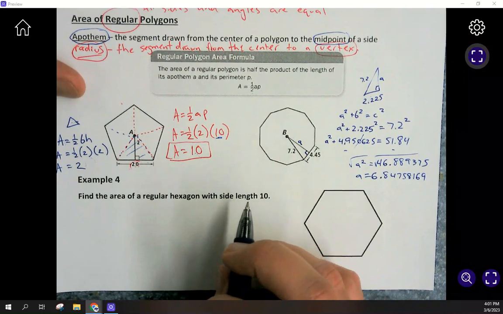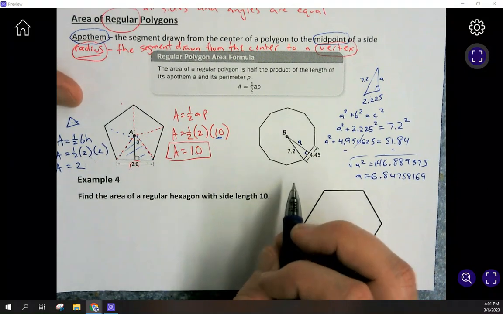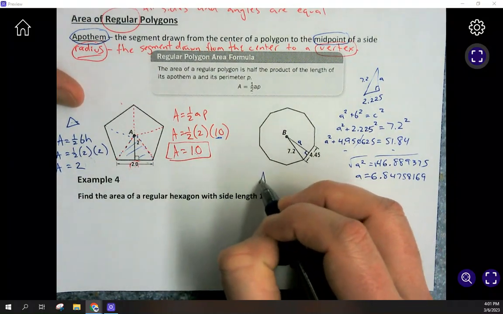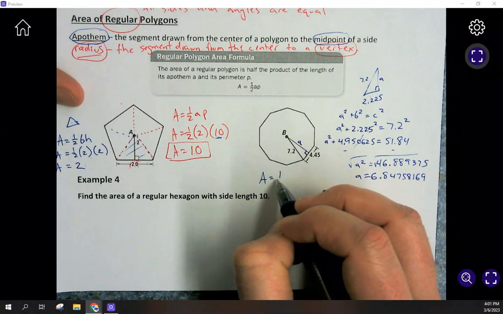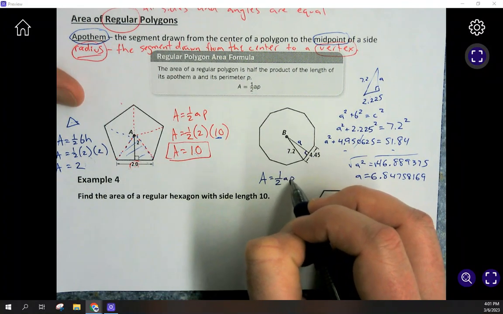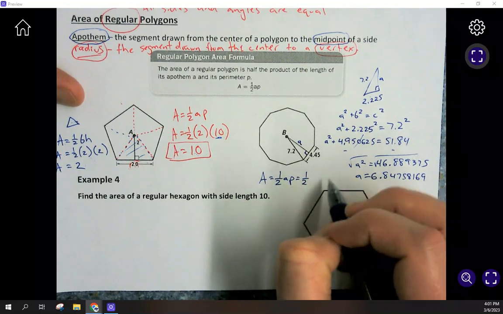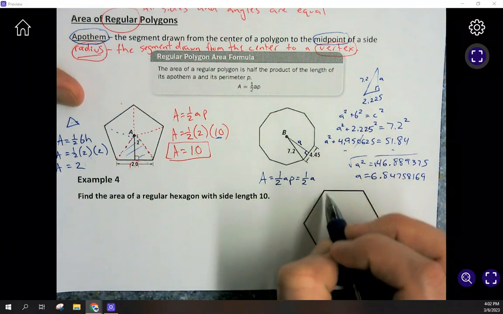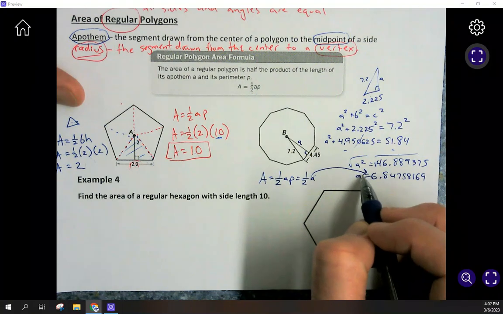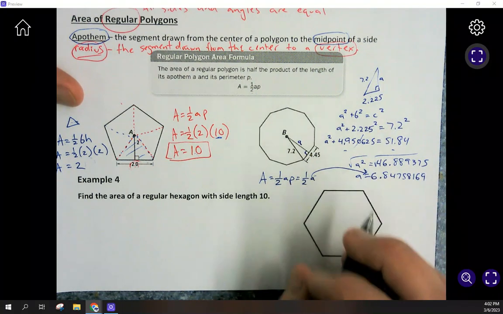Okay, so now I have enough information to go ahead and run this. Area equals 1/2, little a, little p. So 1/2. I'm not going to write this all out, but for little a, when I punch it in my calculator, I'm using this big long number. And then the perimeter,